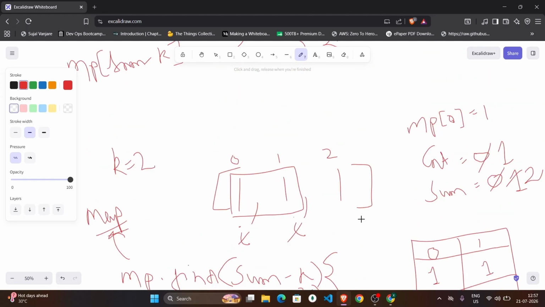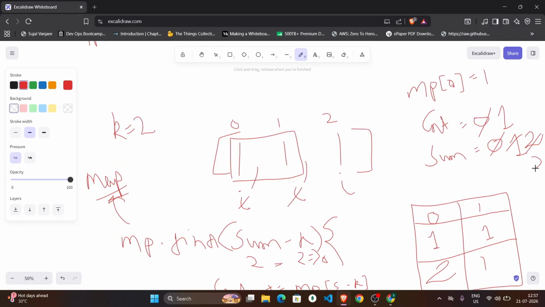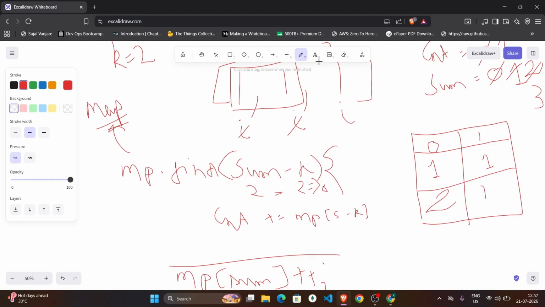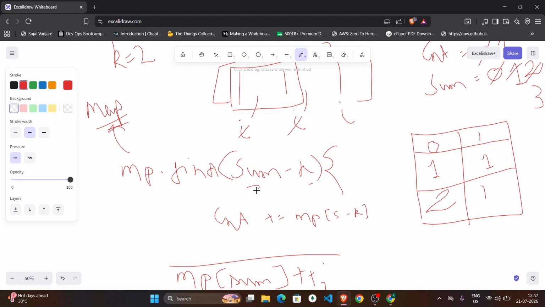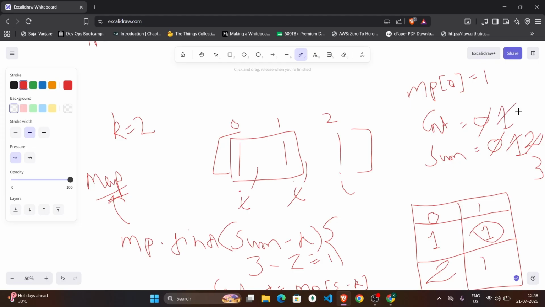Now our I will come here at the second index. Now the sum becomes 3. Now we will check 3 minus k, that is 2, equal to 1. Did we see 1 inside our hash map? Yes, we have seen the 1 inside the hash map. So we will increase the count by how many times we saw it. It is 1 time, so we will increase the count by 1. So count will become 2